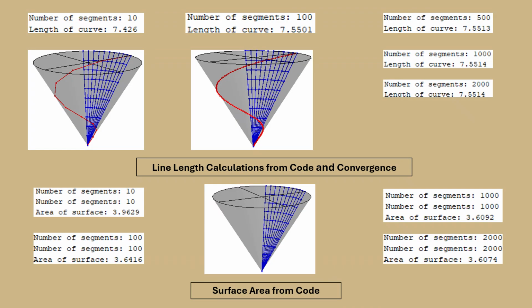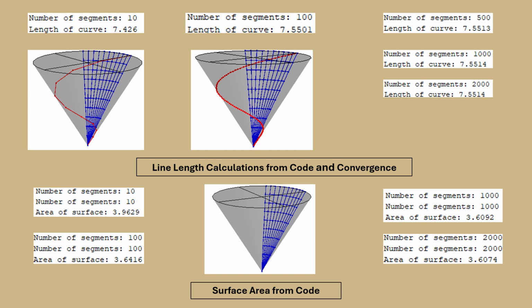In this slide, I will go over the outputs that MATLAB gave me and how I was able to converge both the length of the curve and the surface area. The image on the top left is the curve with 10 segments at a length value of 7.426. Then the next images are at 100 segments, 500, 1,000, and 2,000 respectively, when it finally converges at a value of